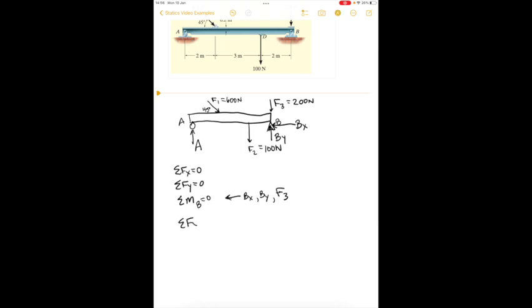So let's start with the sum of the forces in the x direction. Solving for Bx, we find